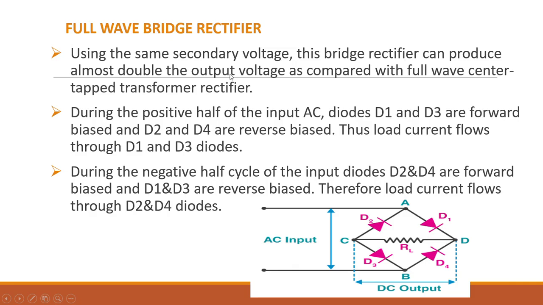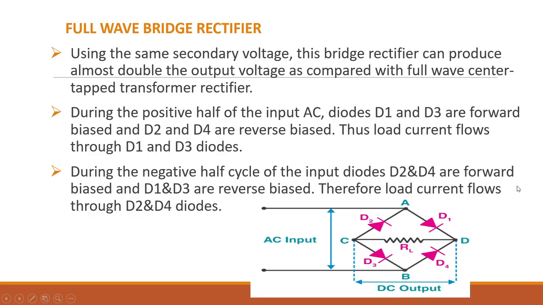In this, we can see that we are using four different diodes, and depending upon the cycle, two diodes will be forward biased and two will be reverse biased. For the positive half cycle, we will see that D1 and D3 will be forward biased, D2 and D4 will be reverse biased. For the negative half cycle, D2 and D4 will be forward biased, D1 and D3 will